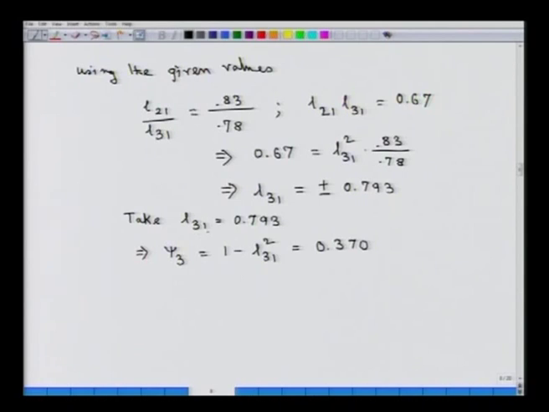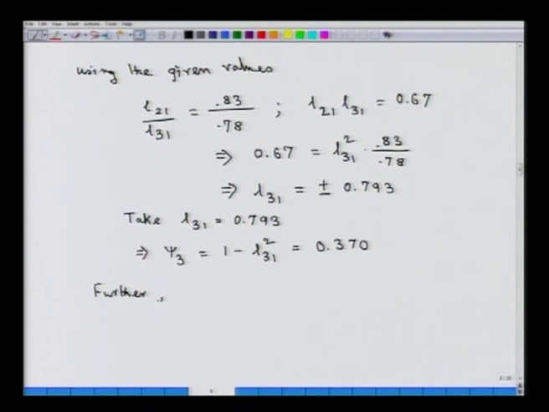So the square of this quantity subtracted from 1 gives us this. Now what is psi 3? Psi 3 was supposed to be the specific variance of the ith specific factor, that was supposed to be positive, and it is in this particular case. Further,